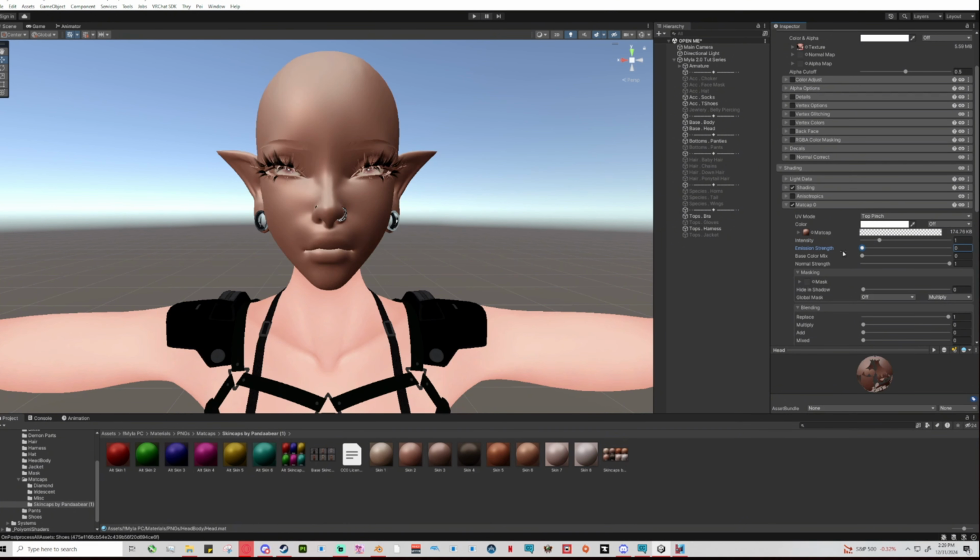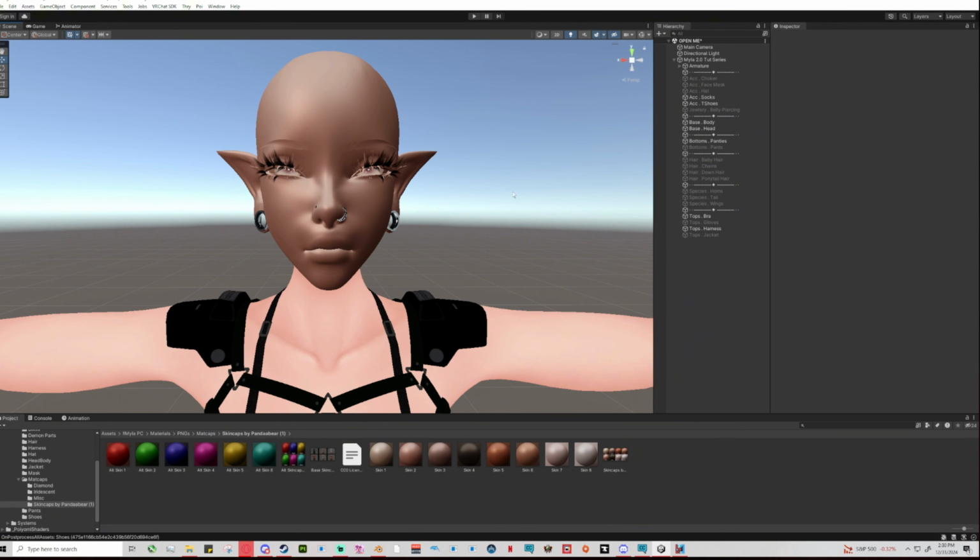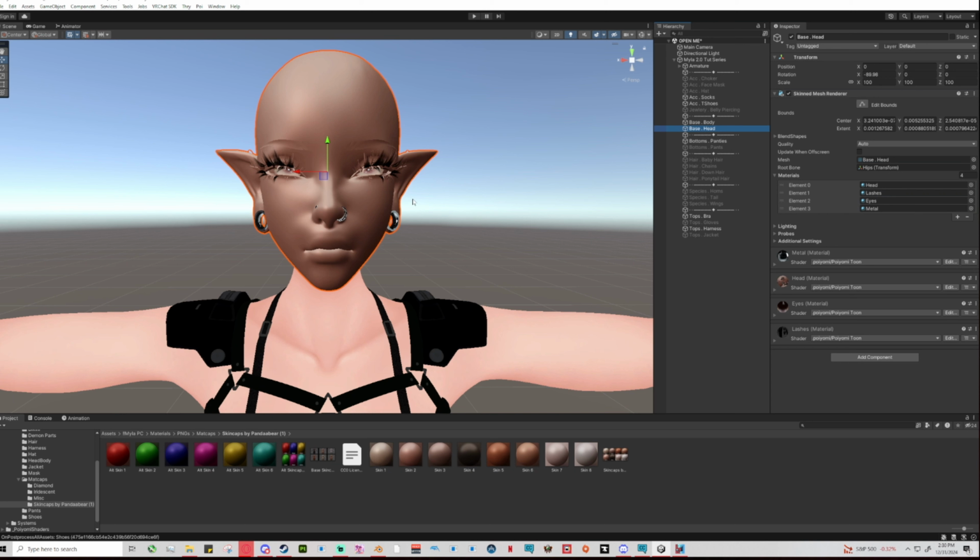Emission strength, I would be very cautious with using emission strength. You can turn off the Unity lighting here, but as I mentioned on a previous tutorial, I don't really recommend going off of these lighting settings. Once you get all your materials done, I would recommend going to Window, High, and Lightbox Viewer. I'm not going to click it right now because it's going to take a minute to load up. But I would suggest that because it's going to show a panel of, if you can see down here, about 6 different little windows of different lightings that are most common in VRChat worlds. And I would suggest using that to gauge your materials on if things need